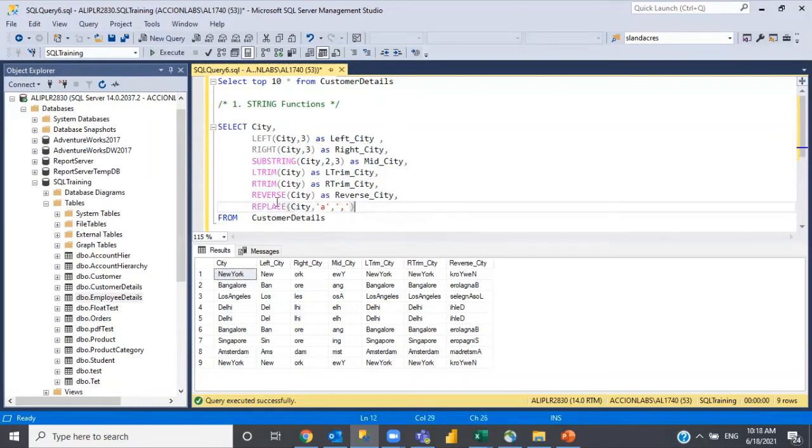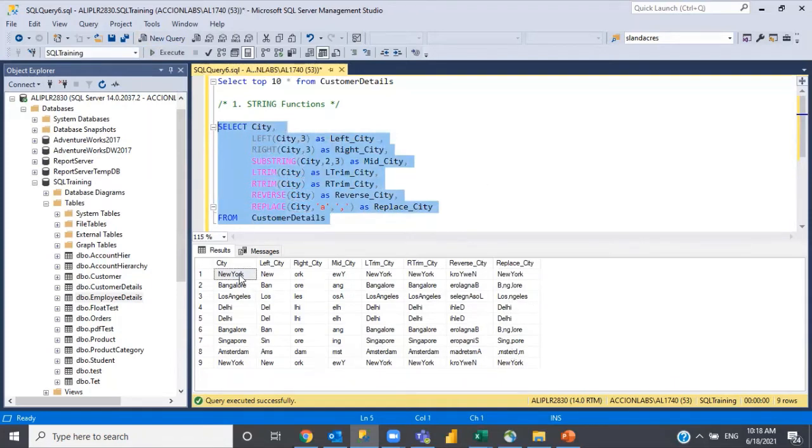So it accepts three parameters: the first is the string or data, then the character you want to replace, and then what you want to replace it with. Now if you see, wherever the letter A was, it is replaced with the comma. So everywhere it has been replaced with the comma. This is how you can use the replace function.